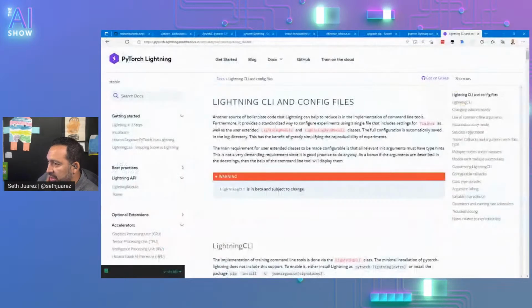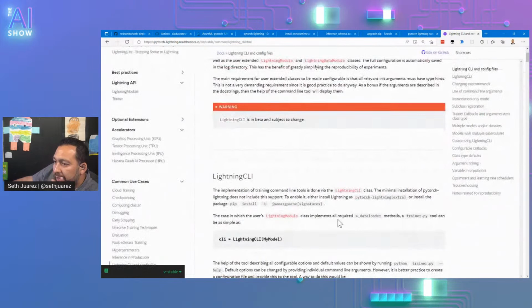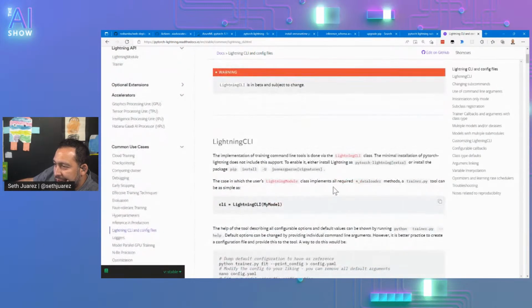So we need to figure out what this subcommand deal is. The implementation of the training command line tool is the Lightning CLI class. The minimal installation of PyTorch Lightning does not include support. Oh, oops. To enable it, either install Lightning as PyTorch Lightning extra. Oh. Maybe I should have just done that.